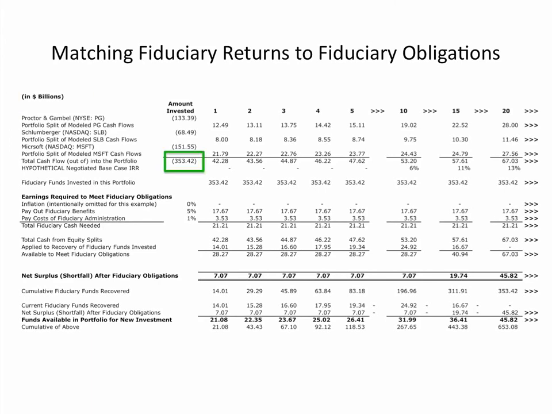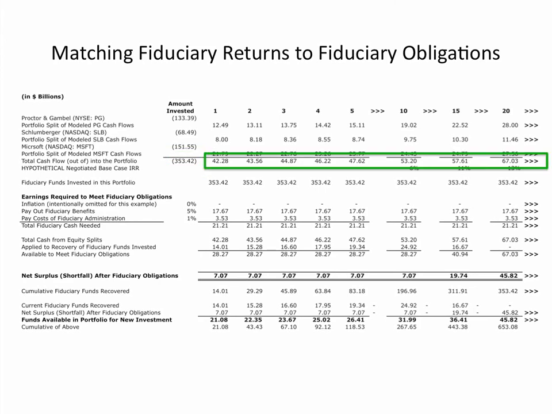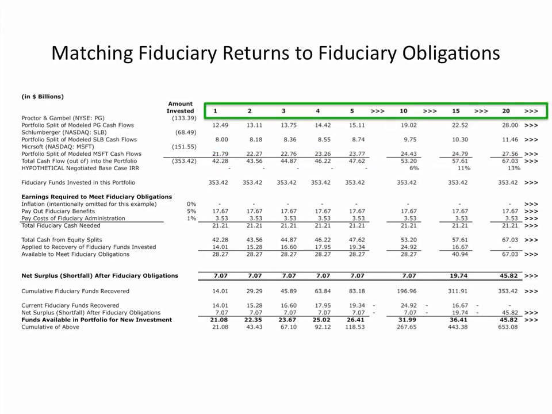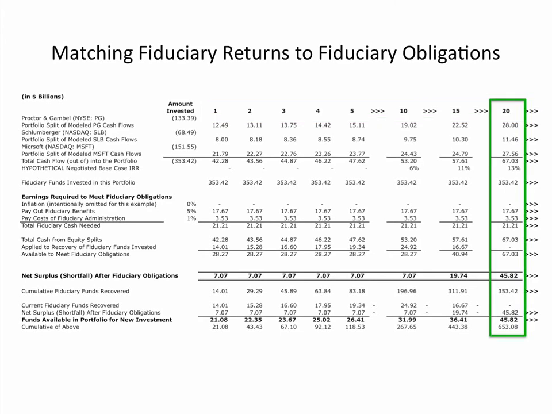The total investment is $353.42 billion, and portfolio cash flows start at $42.28 billion and grow to over $67 billion. You will see here that we do show the modeled returns for the first 5 years and then selectively for years 10, 15, and 20. This is in the interest of space to keep the presentation compact. We do stop our modeling at year 20 because that is the limit of our base case.